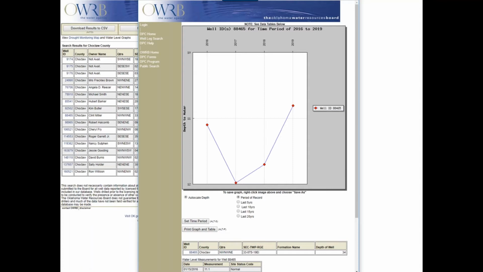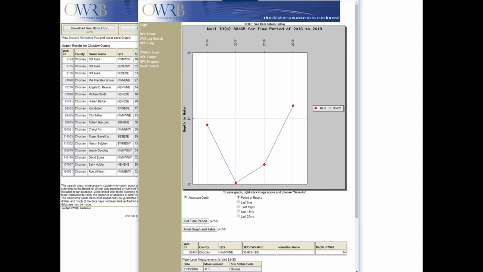If there's a monitoring well nearby, you can see that if you look at the whole record, this is only 3 years, but you may have a well that's been there for 30 years and they've got all that data online. You can see what the range of water levels have been in that monitoring well to give you an idea, even where to set a pump.